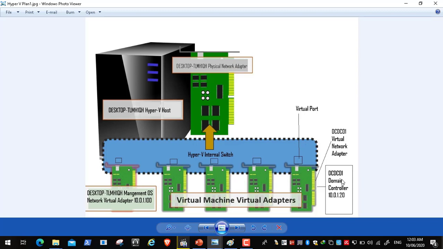We have created a virtual machine and then we have renamed it and we have done some configuration to it, and then we have installed the Active Directory domain services, and then we have promoted the server to domain controller, and then we have begun doing some configuration. We have